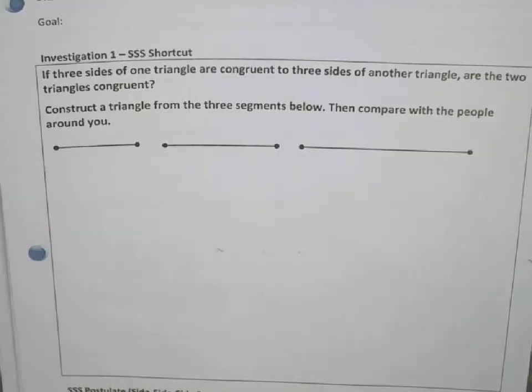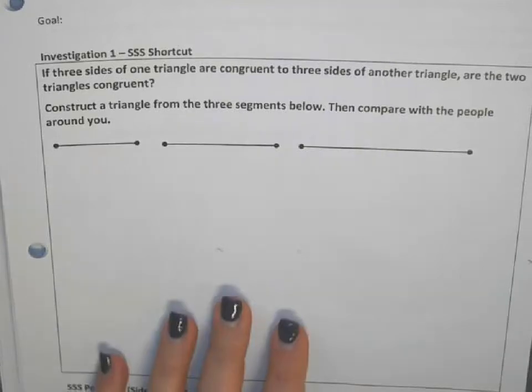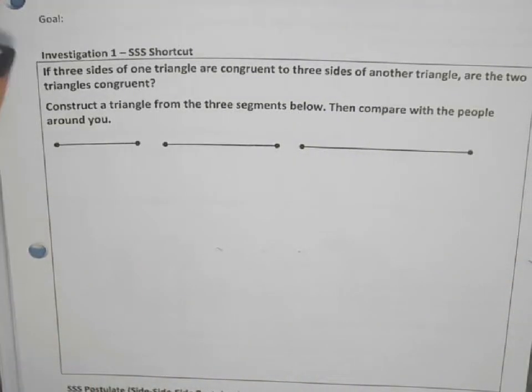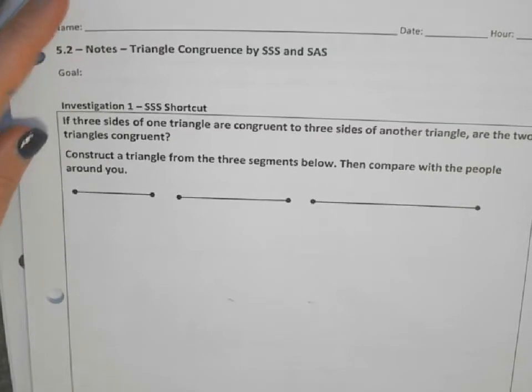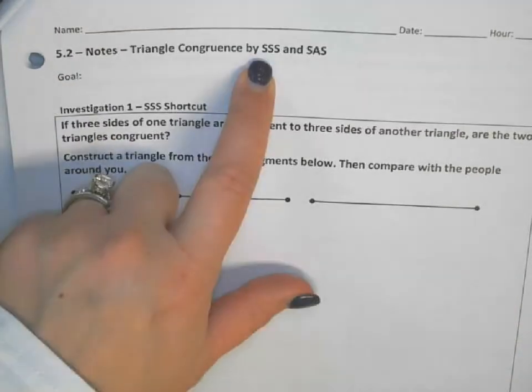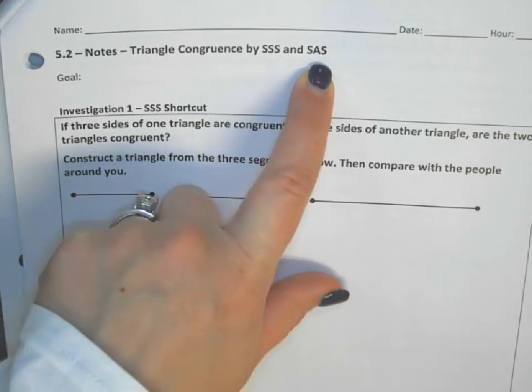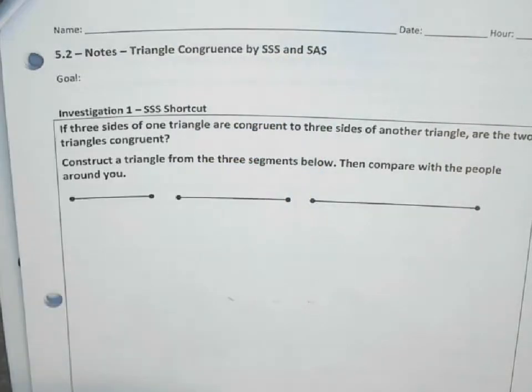All right, so 5.2 then. These are triangle congruence by side, side, side, and side angle side. That's what the SSS and SAS stand for. Side, side, side, side angle side. Okay? What we're going to do throughout this unit, and each section we'll talk about a couple different